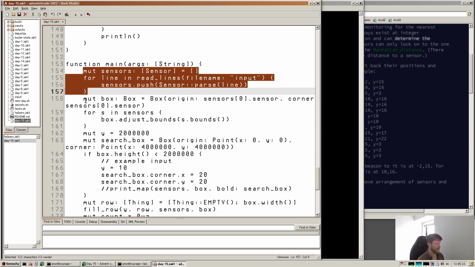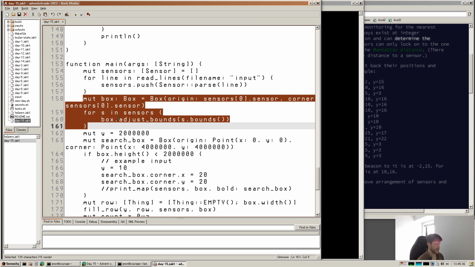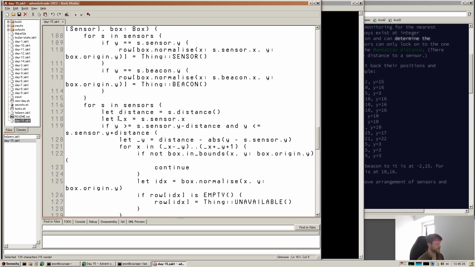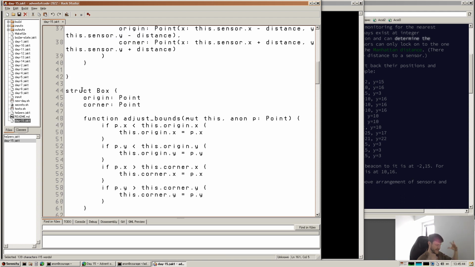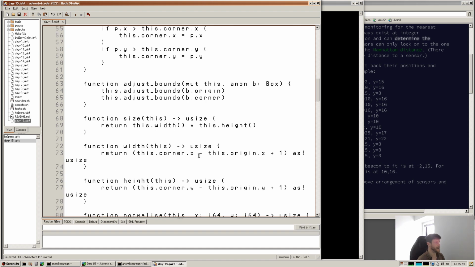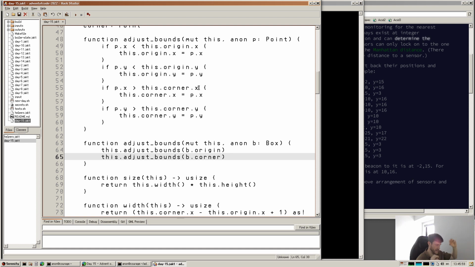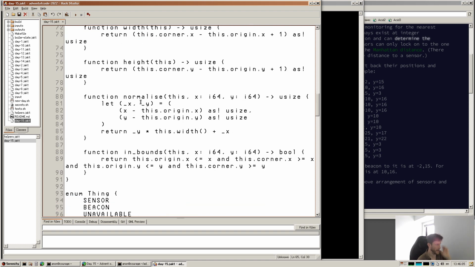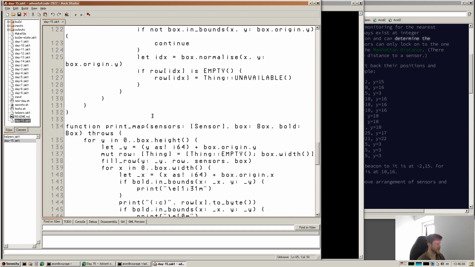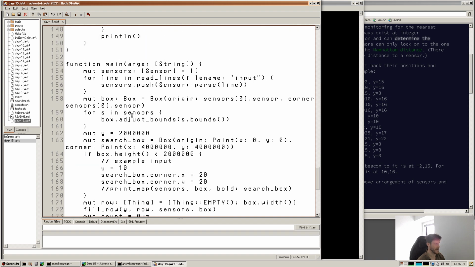And what I added on from there was using a similar box type that I'd done in a previous day, which basically has 2 corners, and it's like a bounding box around a thing. You can adjust the bounds with another box, and you just expand the corners of the bounding box, and then you can use stuff like width and height and normalize, which is kind of good. So how we do that is we go through and get the bounds of the